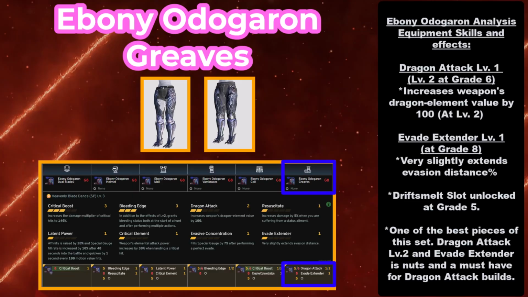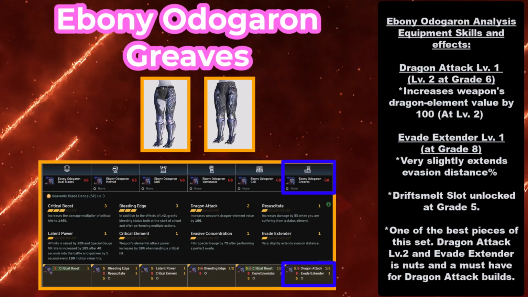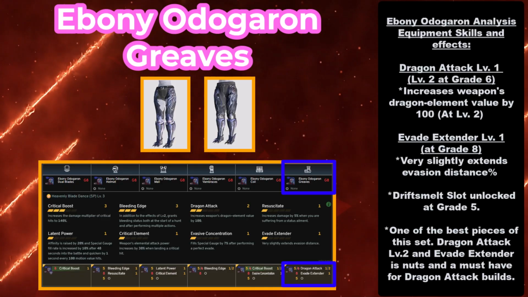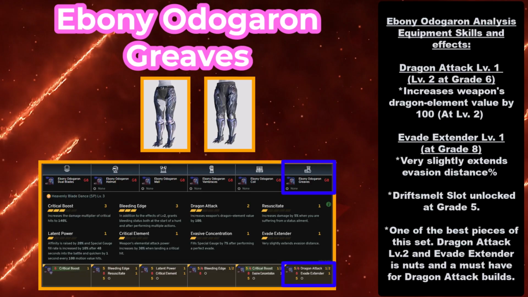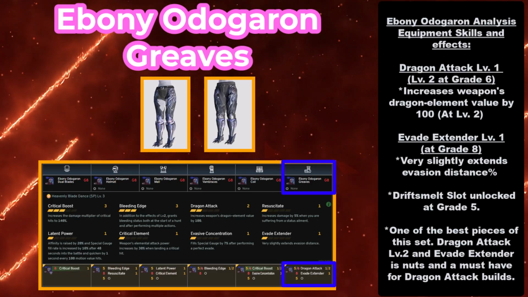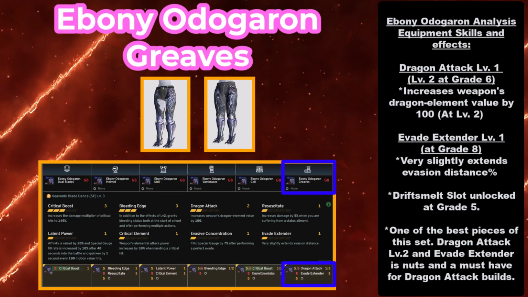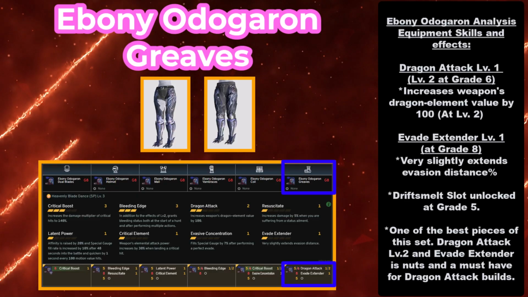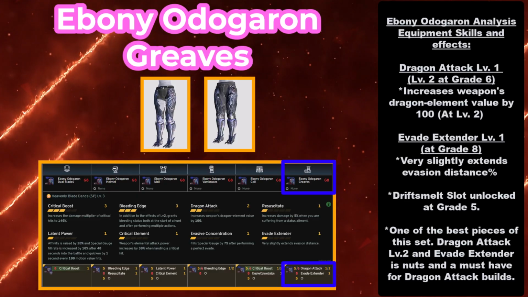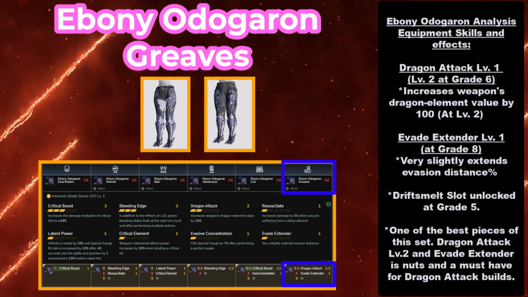And last but not least, we have the Ebony Odogaron Greaves. Here are the analysis, equipment skills, and effects. You'll get Dragon Attack level 1, which upgrades to level 2 at grade 8. And this will increase your weapon's Dragon Element value by 100 at level 2. In addition, you also get Evade Extender level 1, which you obtain at grade 8. And what happens is that you will very slightly extend your evasion distance, with the Drift Smelt slot being unlocked